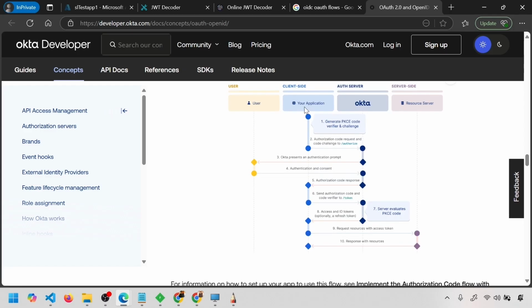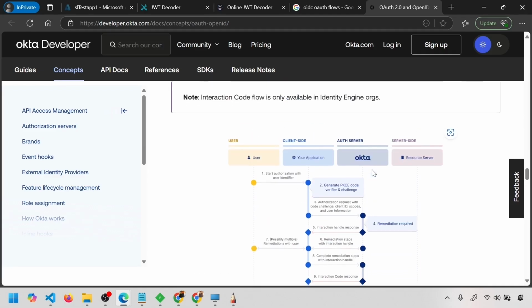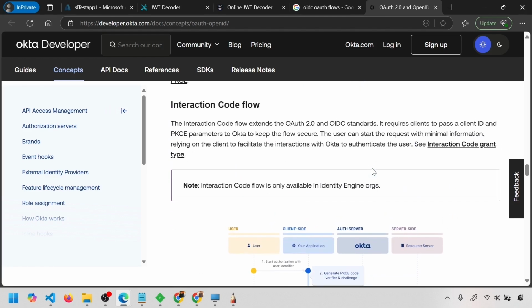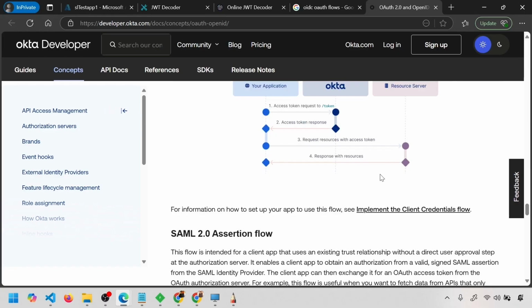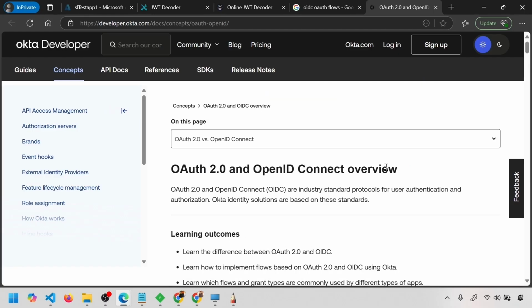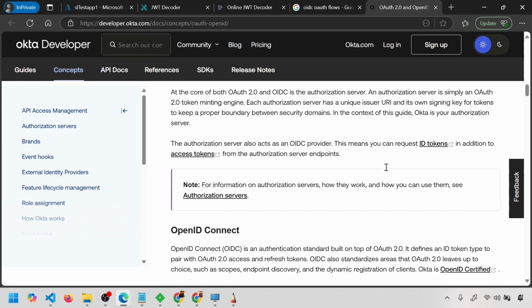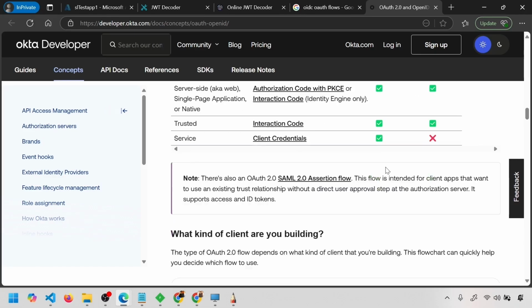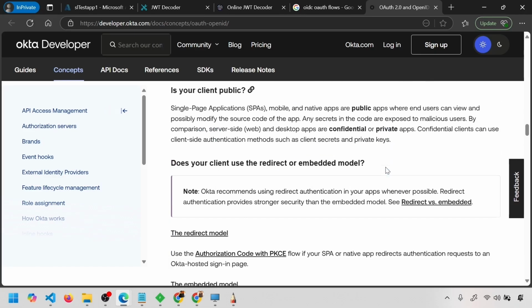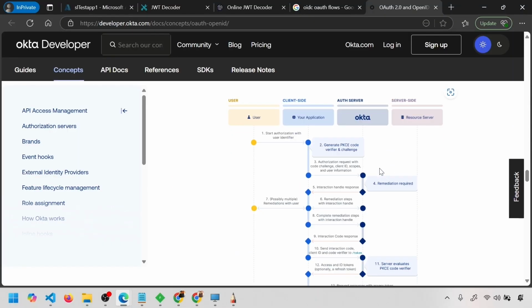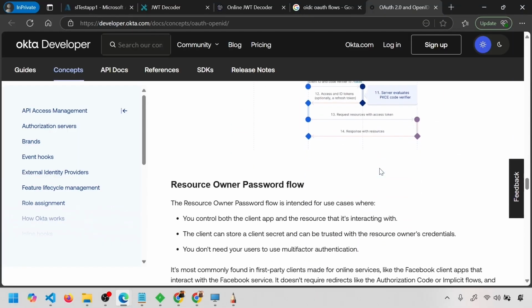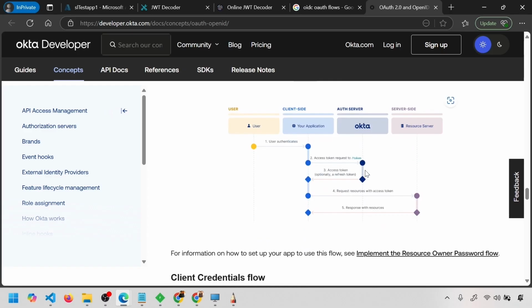Not going into the details, but this is kind of the flow we have seen before. So different flows are there based on the different types of client. That is what this particular page explains, in a very detailed way, the difference between these flows and the implications between them. It's worth its own training. If you have questions, feel free to ask me. I can answer your doubts, or I may plan another training on these topics if there is enough interest.